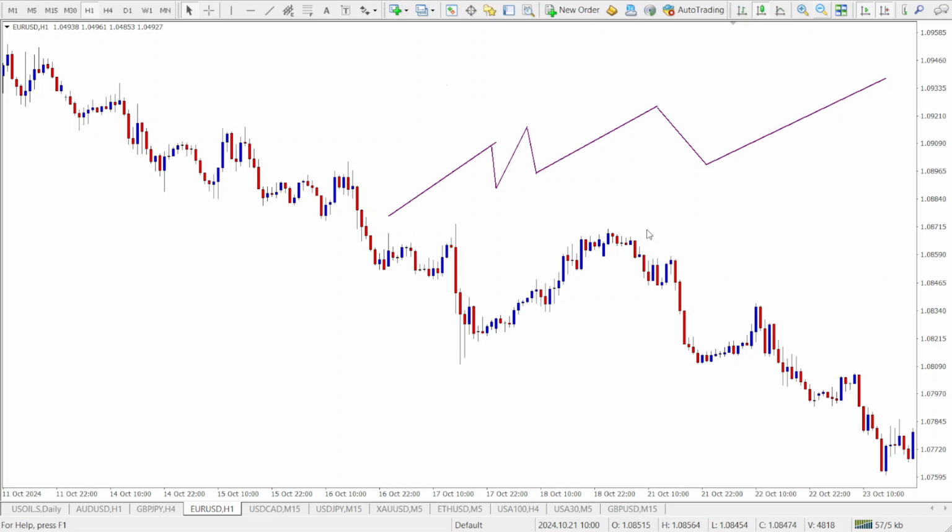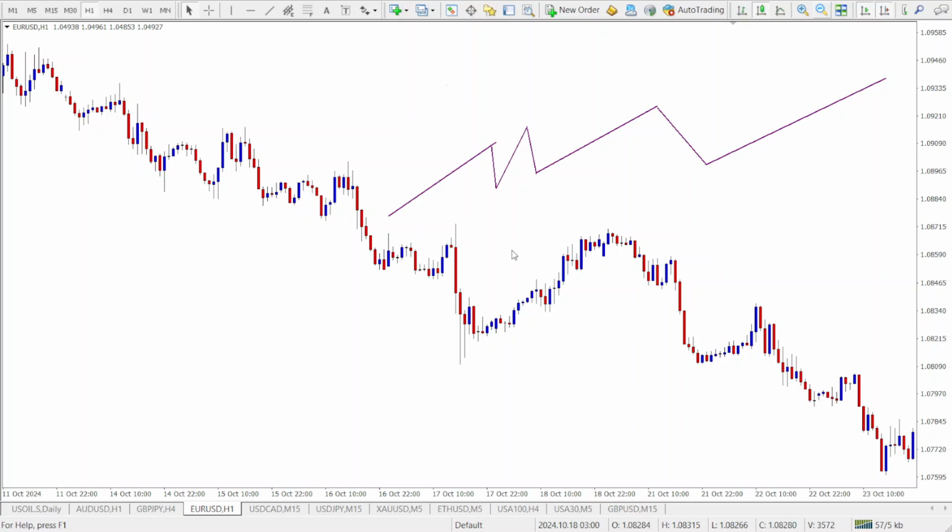Now, why should you care about running flat patterns? These patterns can provide key insights into market psychology. They indicate that buyers or sellers remain in control, even during temporary pullbacks. Recognizing this pattern early can give you the confidence to stay in your trades and avoid getting shaken